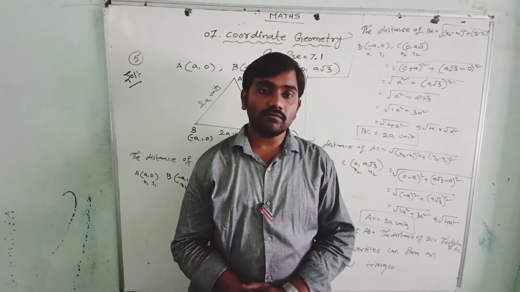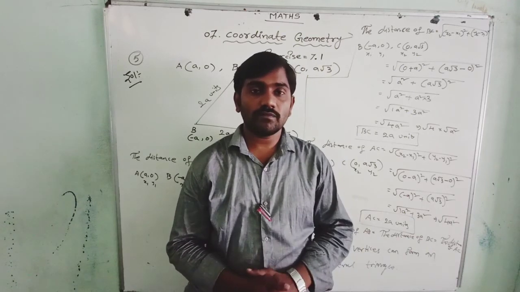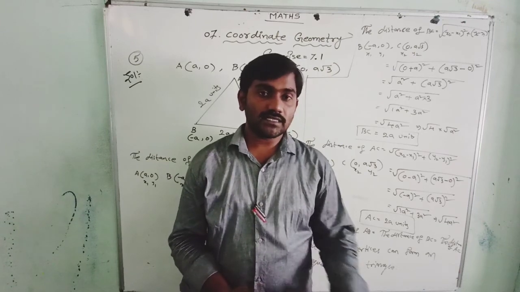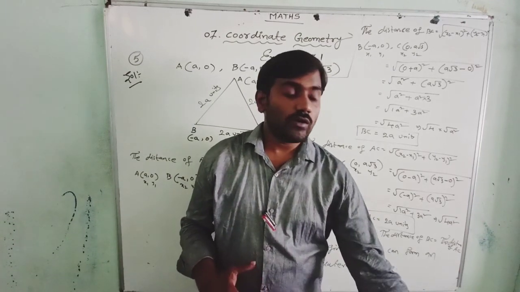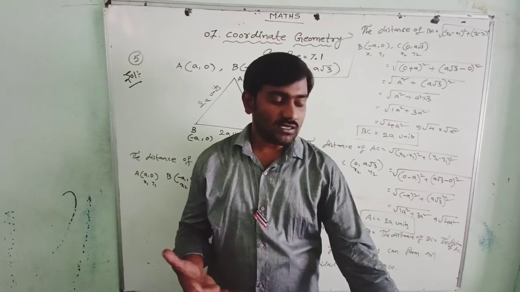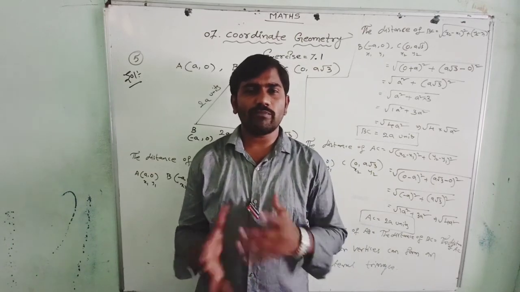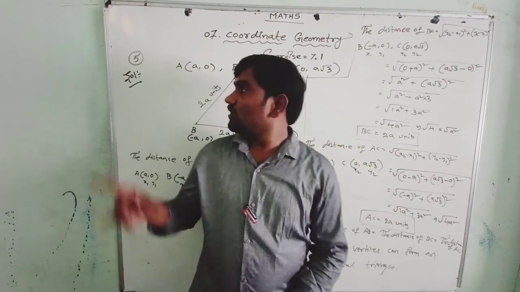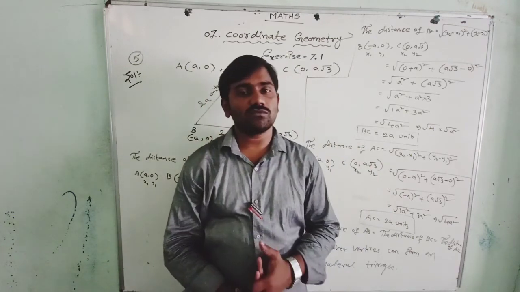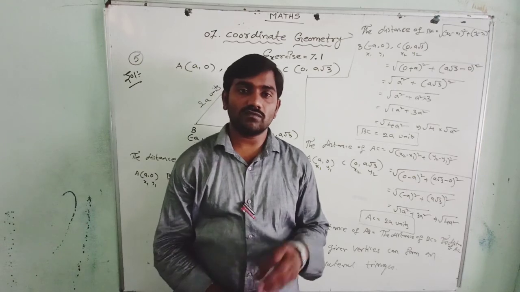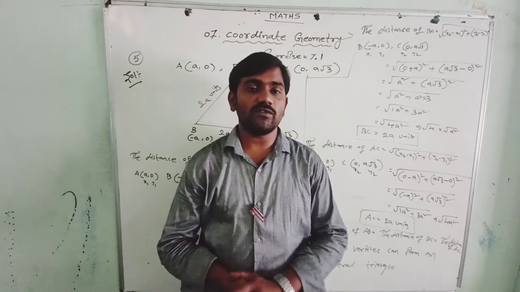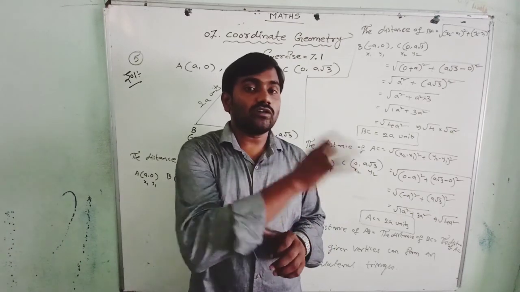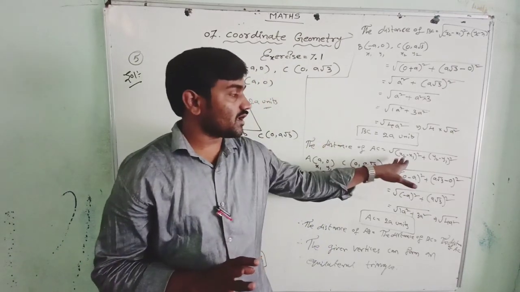Till that time, keep practicing these formulas. On the basis of the same formulas, we will have the next problems, though with some properties of quadrilaterals and triangles, and we are going to go into more depth. But the same formulas will be used, only the distance formula: under root of (x2 minus x1) whole square plus (y2 minus y1) whole square.